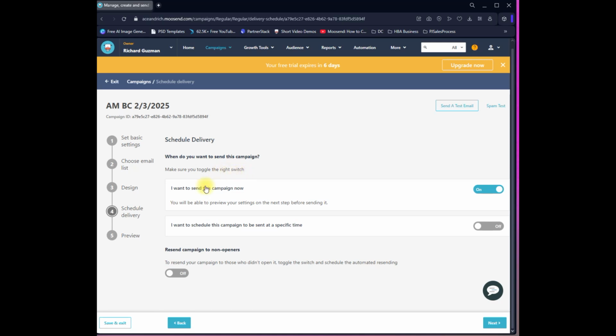Make sure you toggle the right switch. Okay, so there's switches here in Moosend, right? I want to send this campaign now. If you're sending it right now, this is how you would do it. You would just leave this on the way it is and click next, and it will go out immediately,